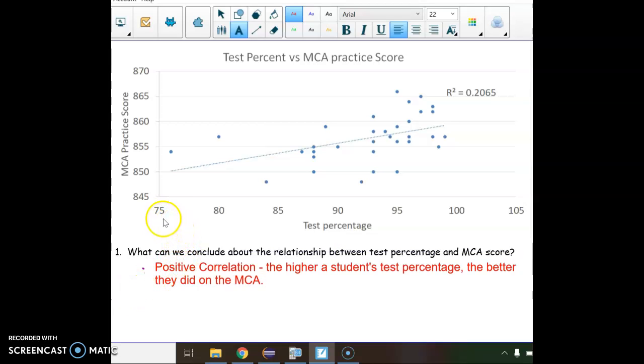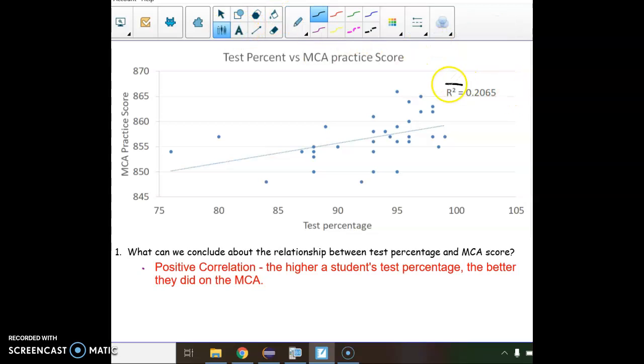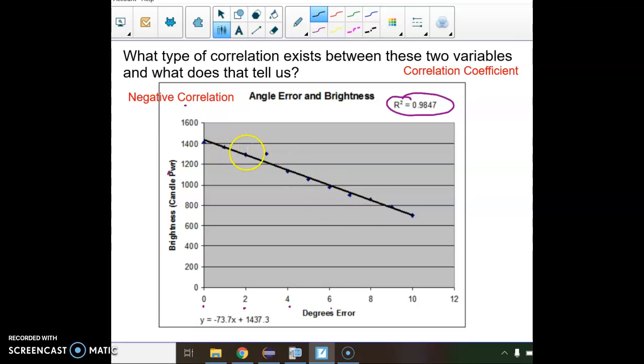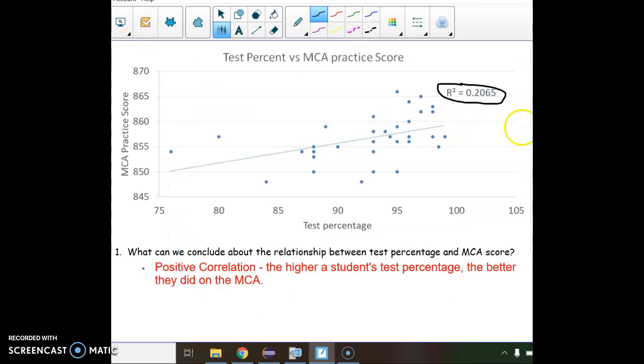Positive correlation. You can see it's a little bit weaker, so this is that correlation coefficient again. And here it's not as close to 1, so it's not quite as strong a correlation as our previous picture, which makes sense, right? These ones are really tight to the line. Here they're not quite so tight. It is a positive correlation, but it's not very strong, right? You could almost argue that this is no correlation, but based on the line of best fit here, it is